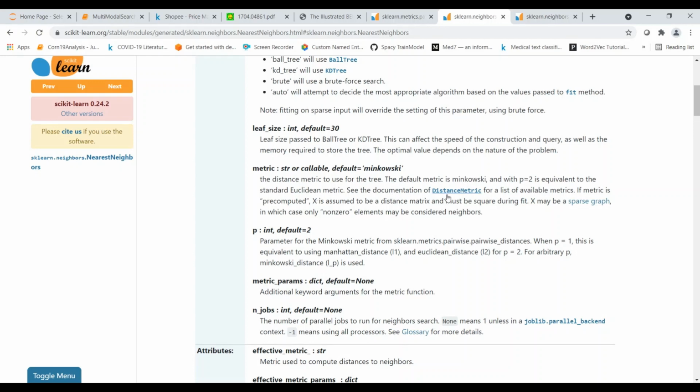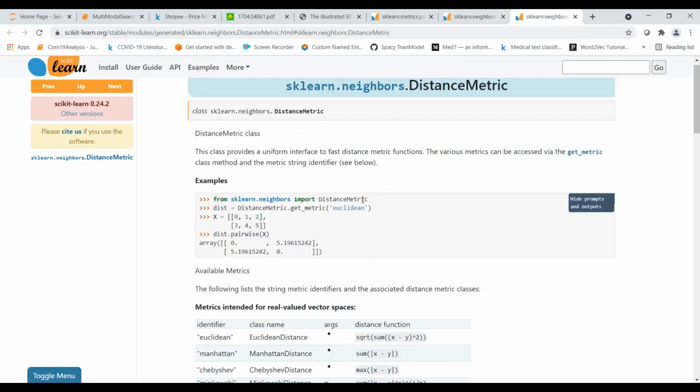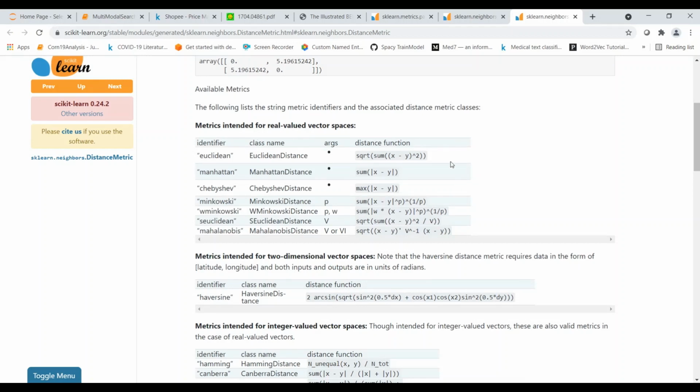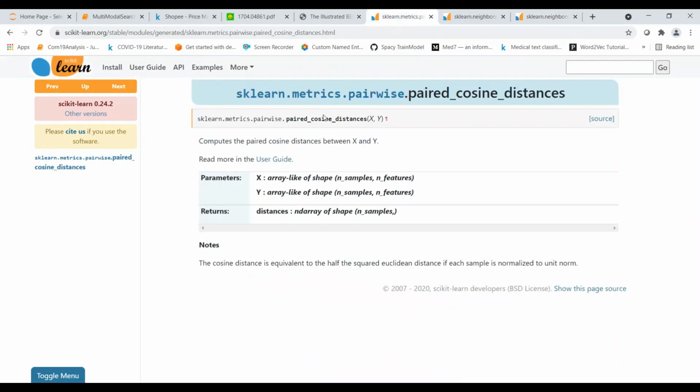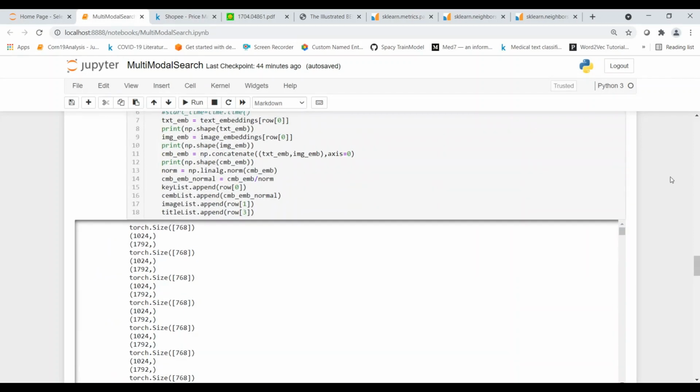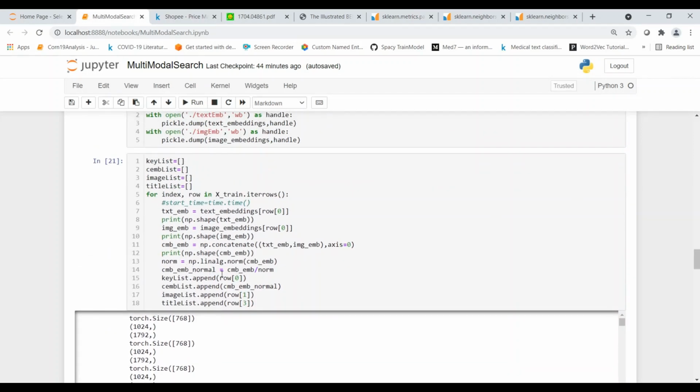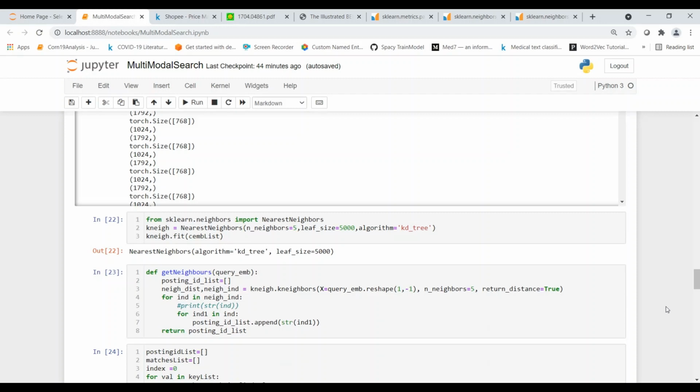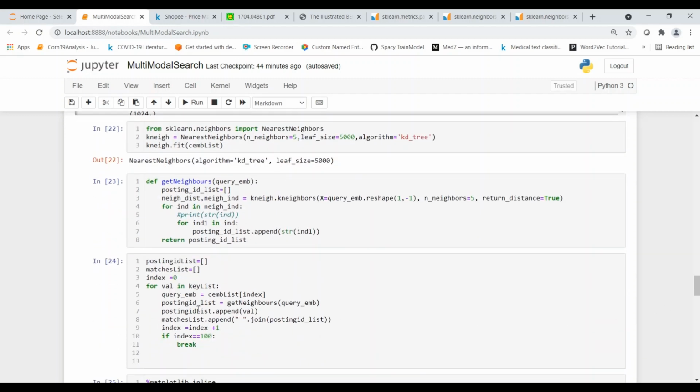It says that the metric could be of distance metric, and when I look into distance metric, you don't find cosine distance similarity there. But you also find sklearn metrics pairwise cosine distances, where it says that the cosine distance is equivalent to half the squared Euclidean distance if each sample is normalized to unit form. That is why when I am computing the joint embeddings, I normalize it to unit form. This also means that in our test data, we should do the same normalization.